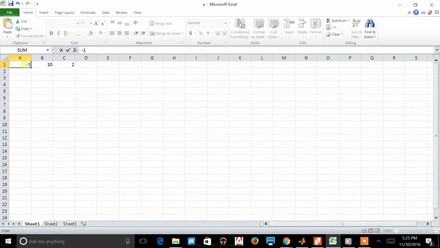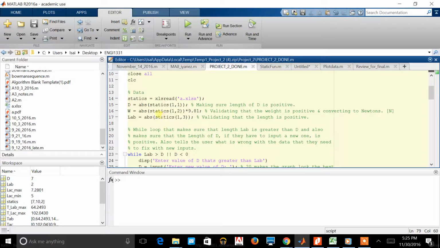So right now I inputted the number -1 for D, the number 9 for W, and the number -5 for LAB. If we were to run these numbers here, the -1 and the -5 for D and LAB will turn positive because of the absolute value used in the code. This is because in task 2, it tells us that each of these has to be positive. So if we were to run this section right now,